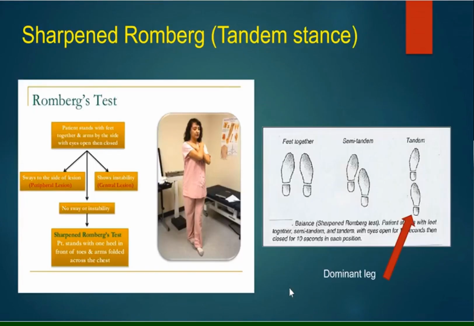So I just wanted to walk you through the Sharp-Romberg. It's a tandem stance. And just to give you some caveats, we do the Romberg test, and then we go into the Sharp-Romberg test, and again, one foot in front of the other foot, as we can see here in this picture, and they ask to crisscross the arms on the chest, which I don't do because,